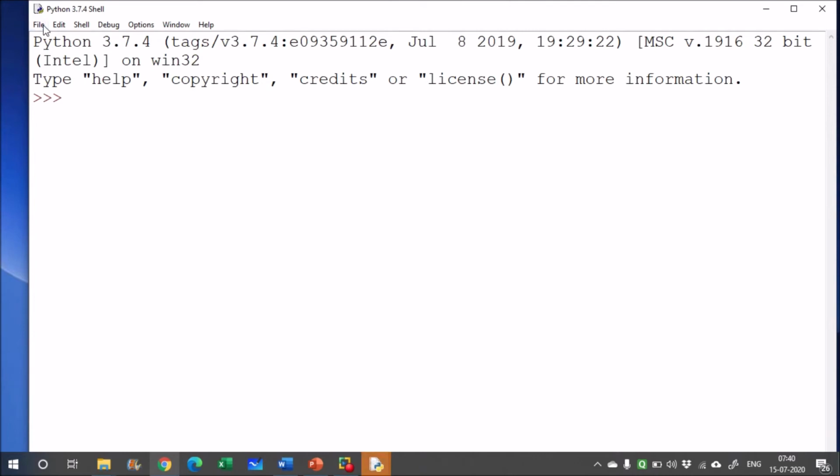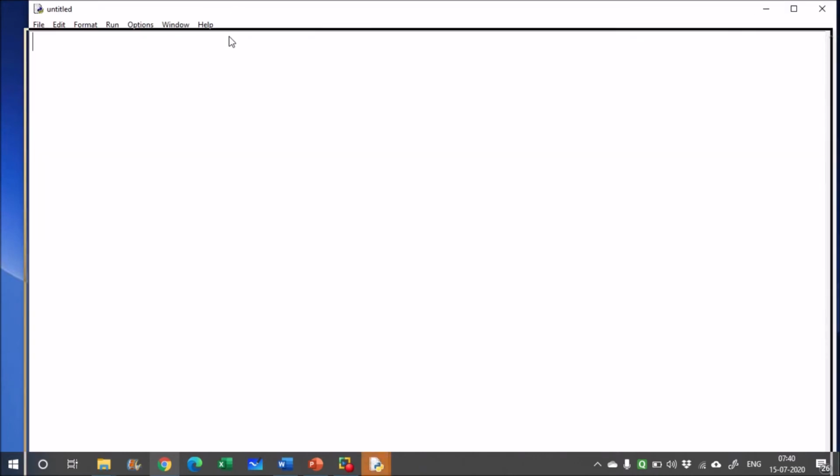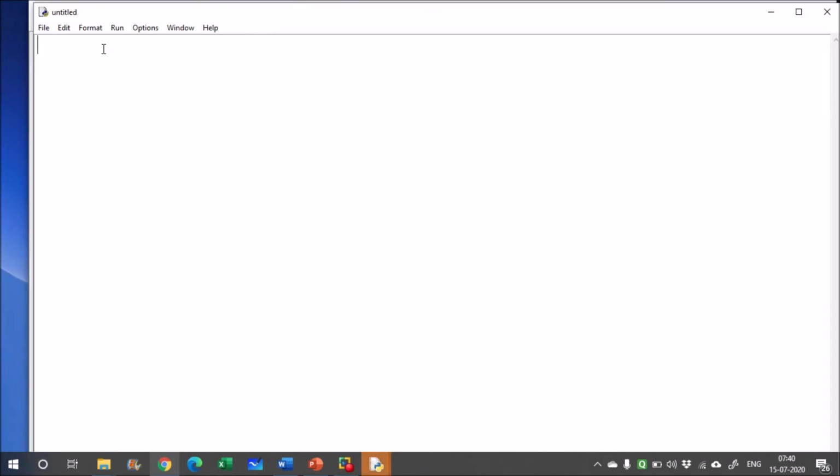Python IDLE में जाकर आप क्या करेंगे? You will click on new file, and here this is like a notepad. Here you will write the code. अब स्क्रिप्ट मोड में और इंटरैक्टिव मोड में मेन डिफरेंस यही होता है. In script mode you can save the file, like you can write multiple statements and then you can save the file and run the file. So whatever programs you are going to make, you are going to use IDLE mode for that.